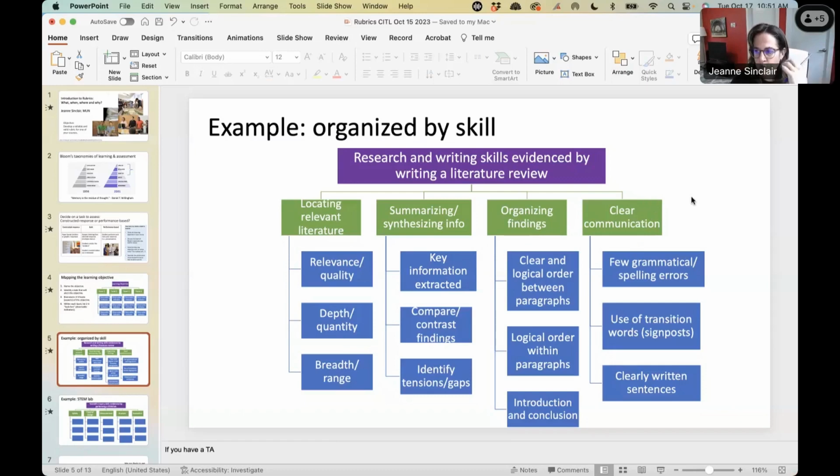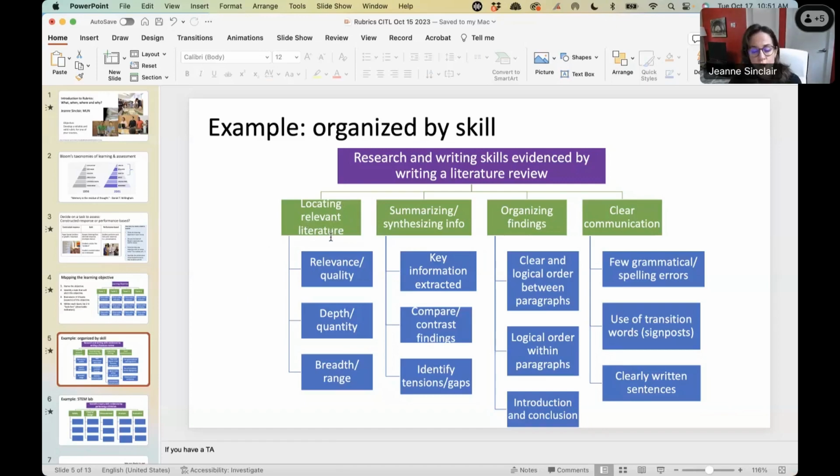One of the typical practices that I do see sometimes is that we end up focusing a lot on the clear communication part in students' writing and a little bit less on the content. So I try to parse out the communication as its own unique aspect of the literature review, but really I'm interested in the content. I'm interested in what they're thinking, right? So just to walk you through briefly,